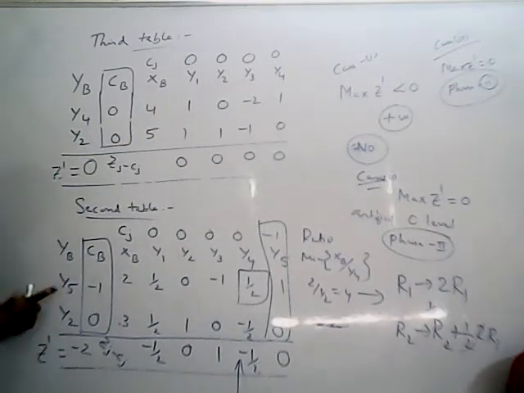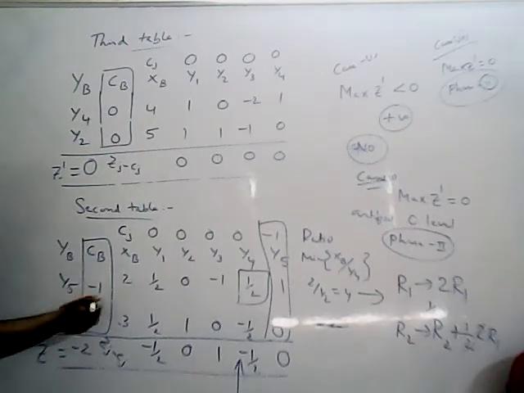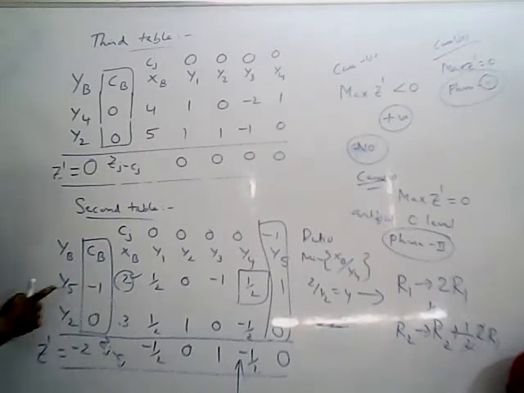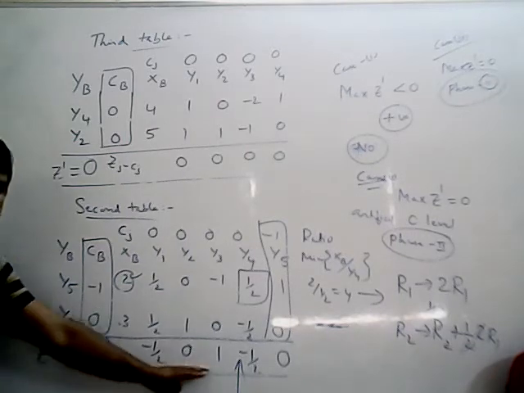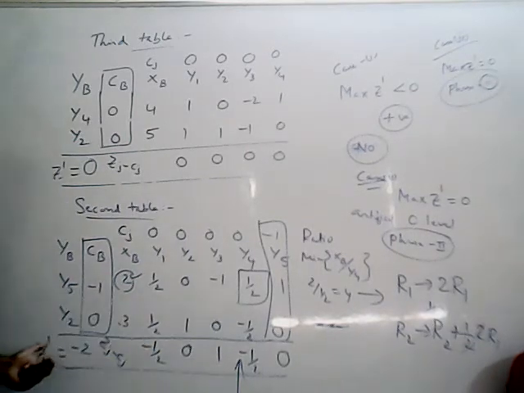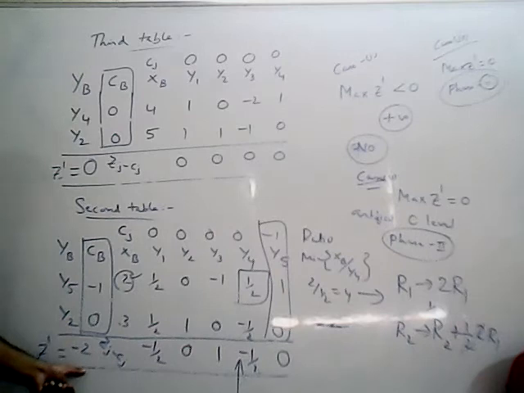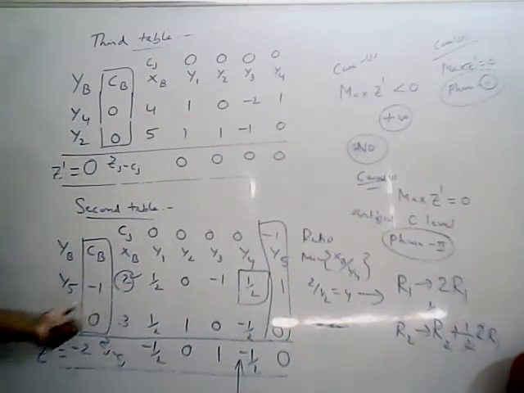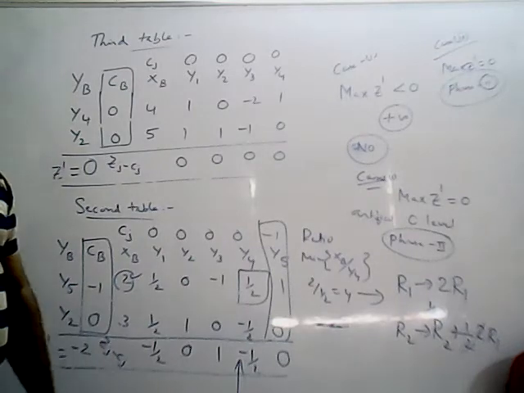Less than 0, artificial variable appears in the basis at a positive level. See, is that a positive value or not? So in this case, suppose you get all values greater than or equal to 0 here, then it comes under case 1. What is case 1? Maximum z dash less than 0, and an artificial vector appears in the basis at a positive level. Then the given LPP does not possess any feasible solution.